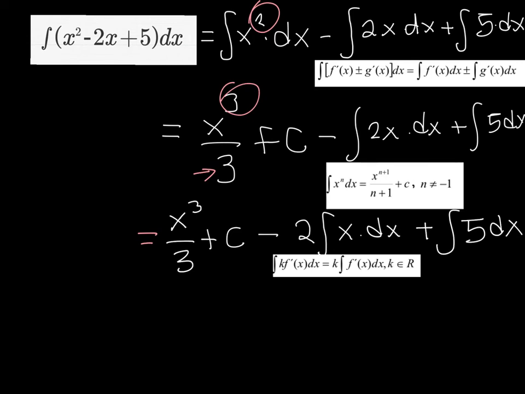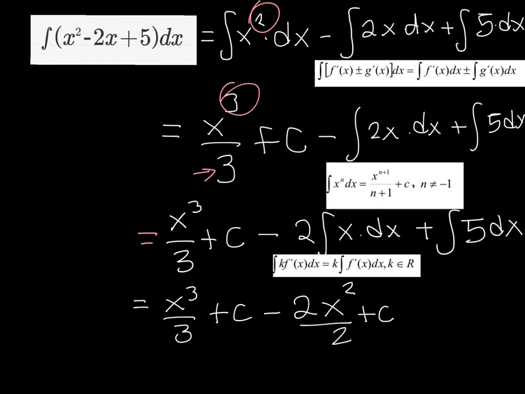Okay. Then I'm going to do x cubed over 3 minus 2 times the integral of x, which is x squared over 2 plus c. And that is exactly the same rule that I used in the previous step. And then I'm going to add 5 times the integral of dx, and then by using the last rule,